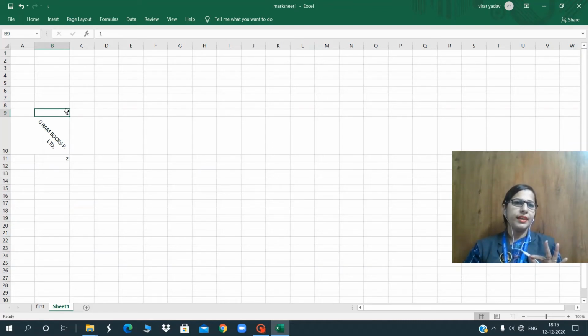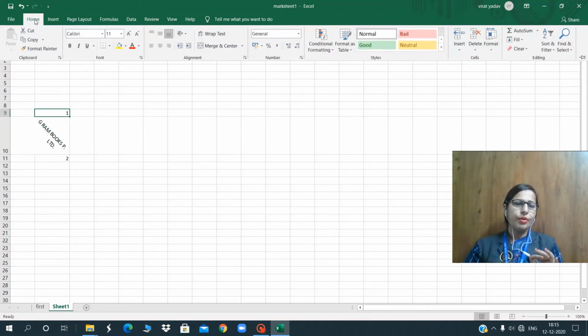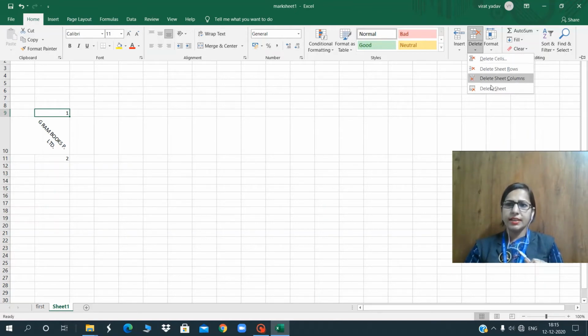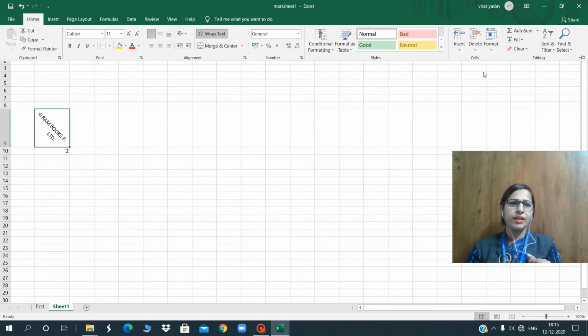I want to delete this. Go to the Home tab. In the Cells group, the Delete option is here. Just click on this Delete button. As I click on this, a drop-down list will come. You just select Delete Cells if you want to delete this cell only. Select this Delete Cells option. If you want to delete this whole row, I am selecting this Delete Sheet Rows option. That row will be deleted.